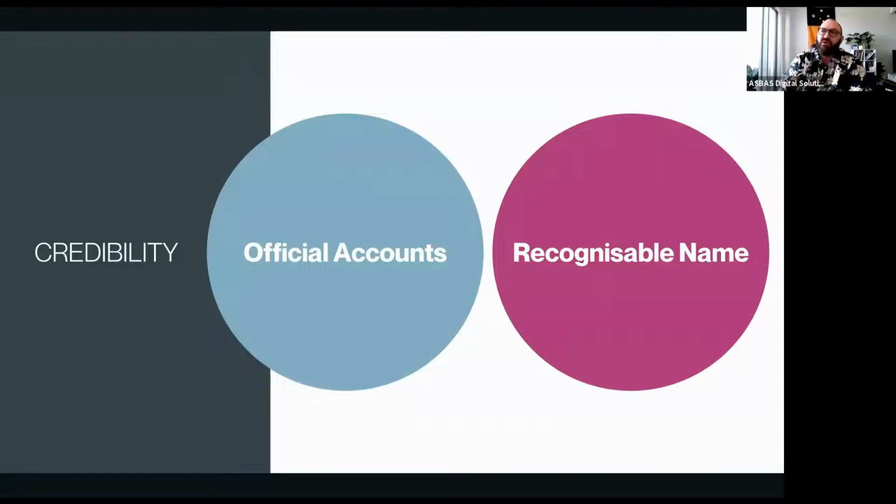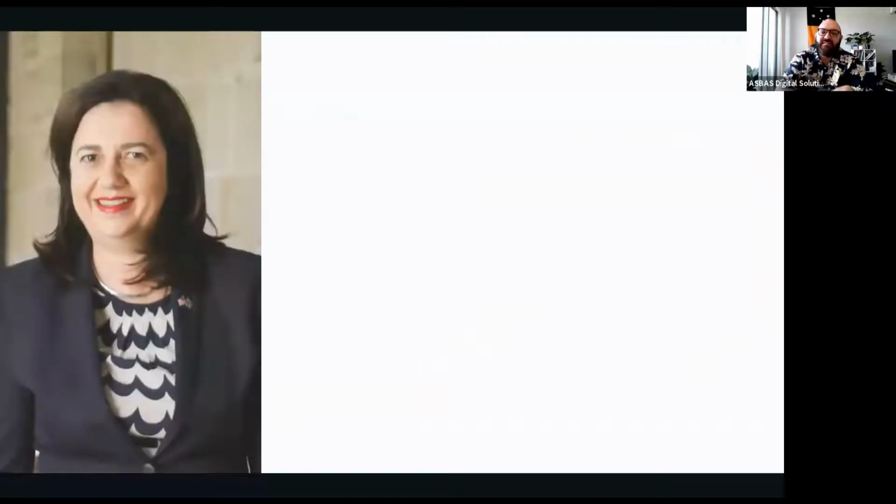And I think we've seen no better example than our premiers and our chief ministers. So Anastasia, Mark, and Michael from Queensland, Western Australia, and the Northern Territory are our leaders coming out in front of COVID-19 related news. When there is a change to the way we look at major news around lockdowns, closures, and case numbers, it doesn't come from just some government official in the health department. It comes from the premiers and the chief ministers